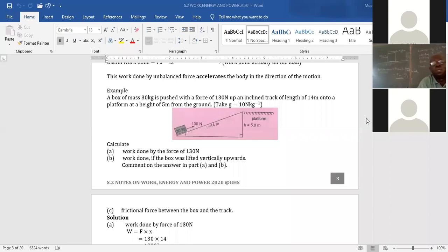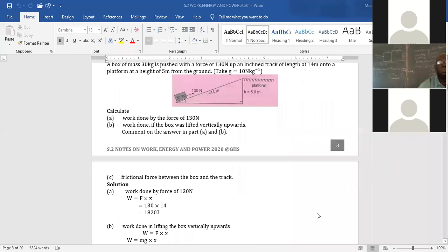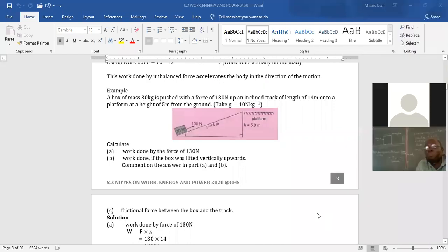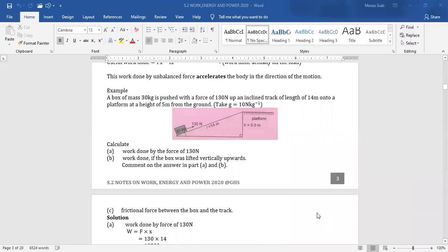Okay, girls, let us use this process to try to understand what we mean by work input, work output, and so on. So can we request a lady to read for us that example? Okay, someone raise up your hand. Someone who hasn't said anything. Noella Asimwe.